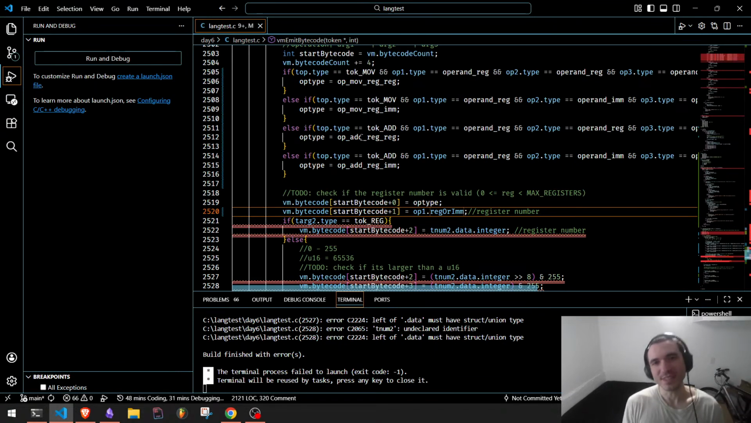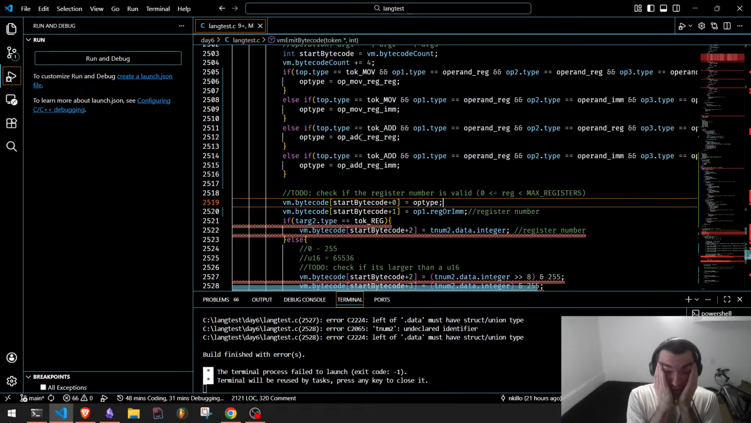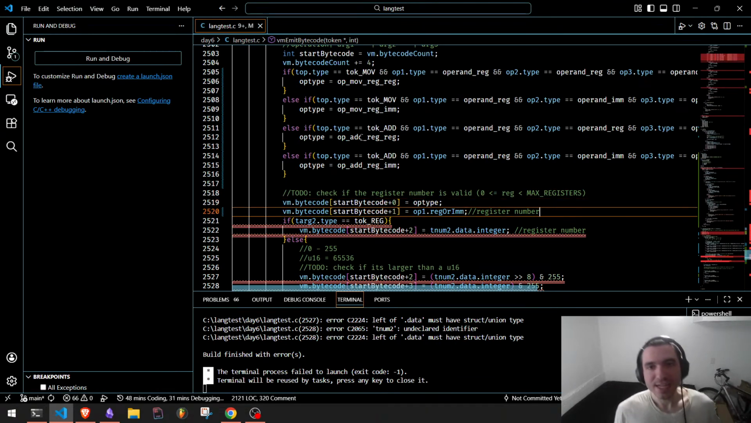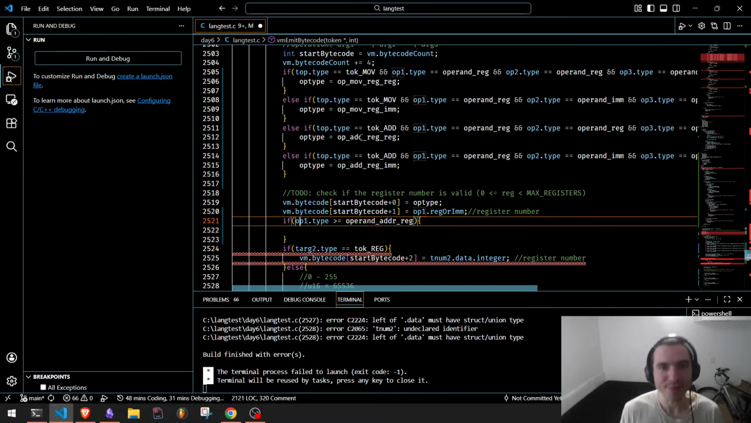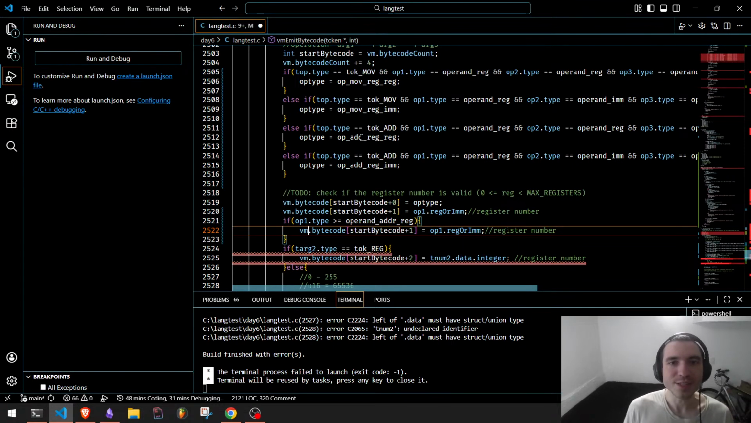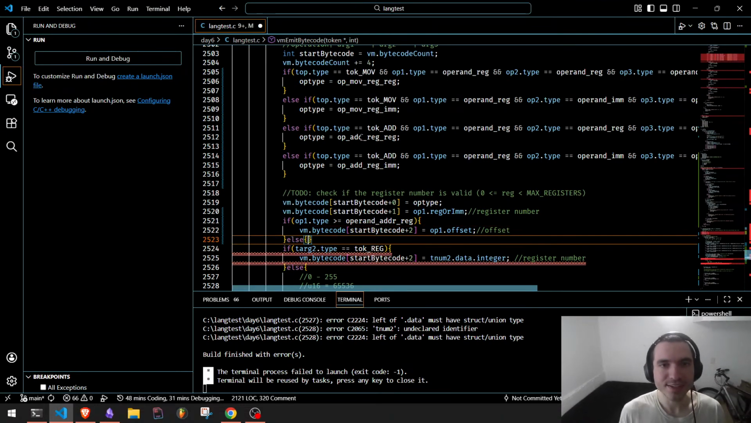Or it could also be, yeah, so then we'll need some stuff in here to handle this. This will always be either the register or immediate. And then the second value could be, if op1.type is greater than or equal to operand address register, that means it could be either a register or an immediate value. And then in 2, we'll need to put in the offset, if it's addressed. Otherwise,